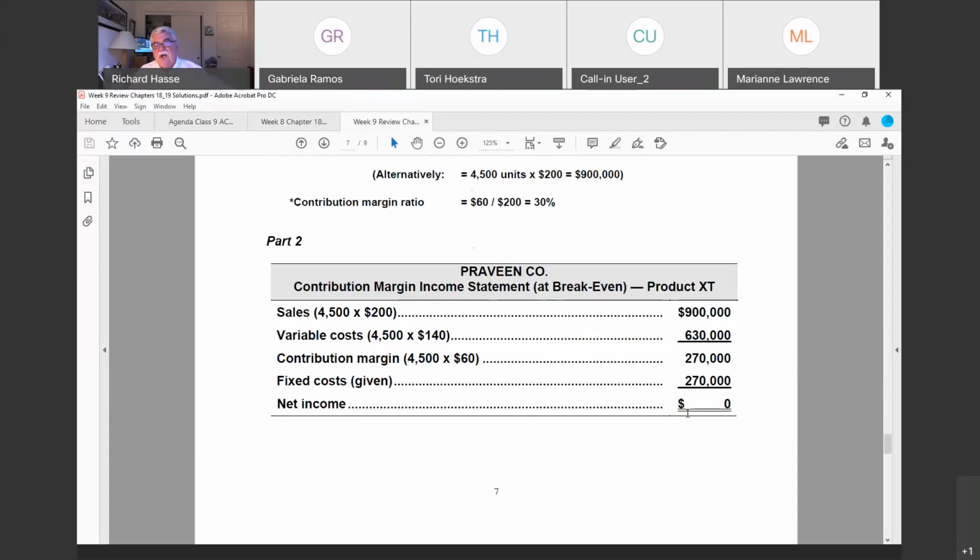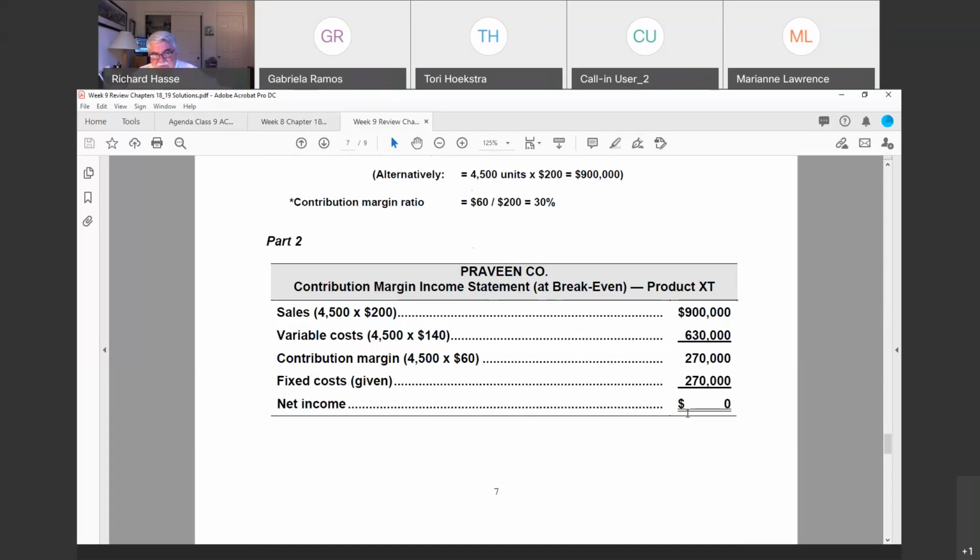So this is called the contribution margin income statement. Many times some companies would like to look at this because they want to know what their break-even point looks like. Well, our break-even point looks like we sell 900,000. Variable costs are 630 and our fixed costs are 270. There's our contribution margin. That's our break-even point income statement. And sometimes companies like to know that and what it means. And you guys have just figured that one out. Good job. I know a lot of bankers who can't figure this out. So you guys have done a good job.